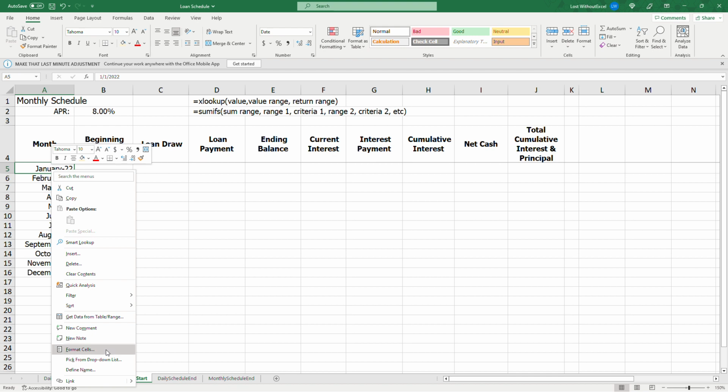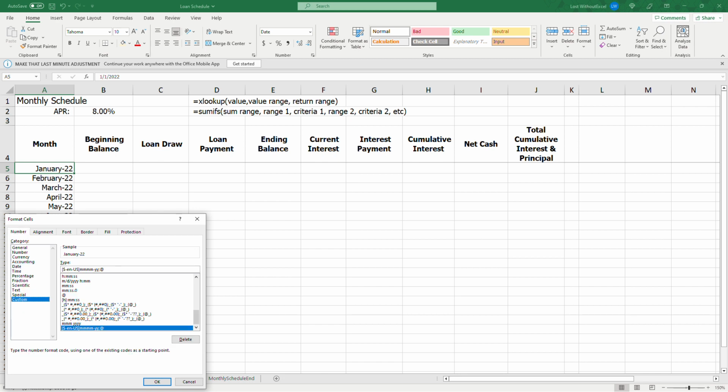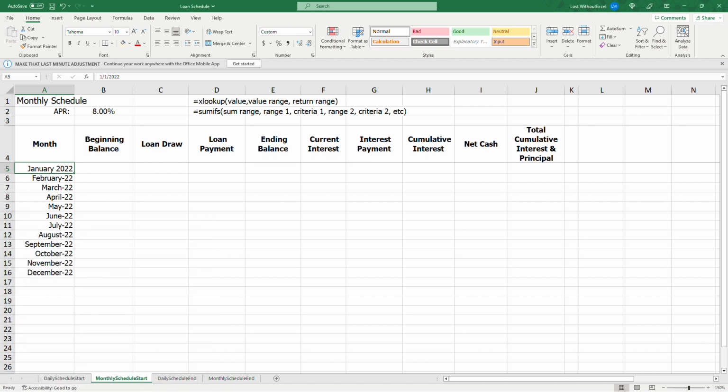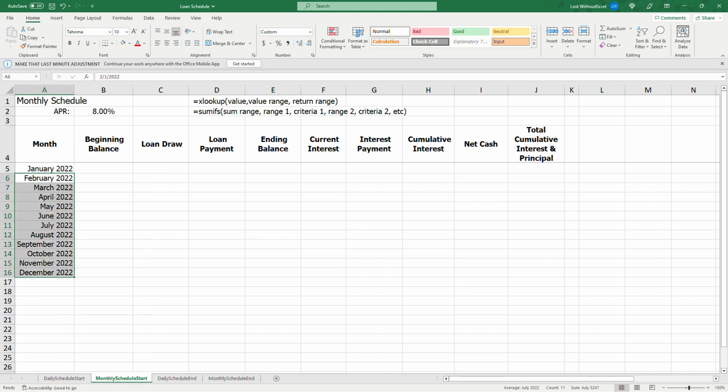And so what I do is I'm going to go to format the cells. And one of the date options is in here, the month and the year. Or you can do something like this where you're doing a custom to show the month and the year. Let's say we wanted that. It's your preference, obviously, but I would change that to something with the name. Okay, so now what we're going to do is